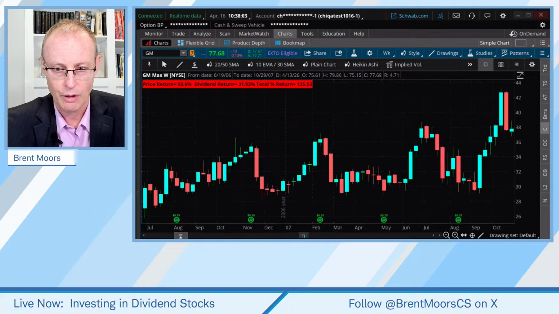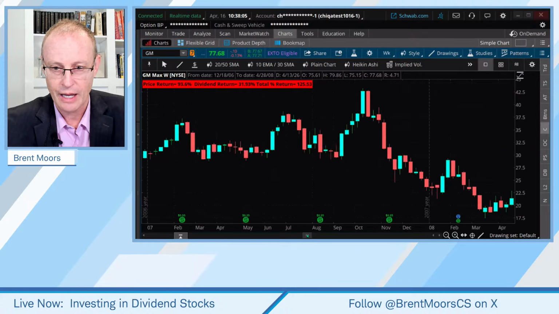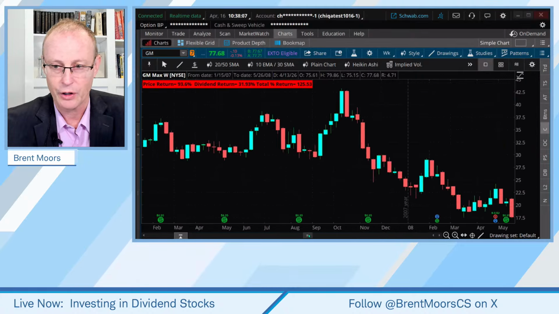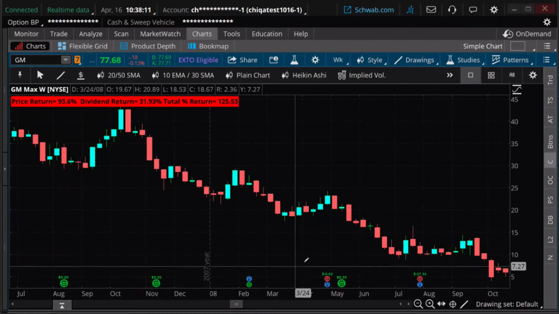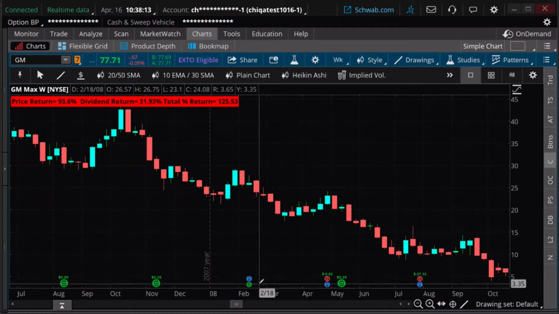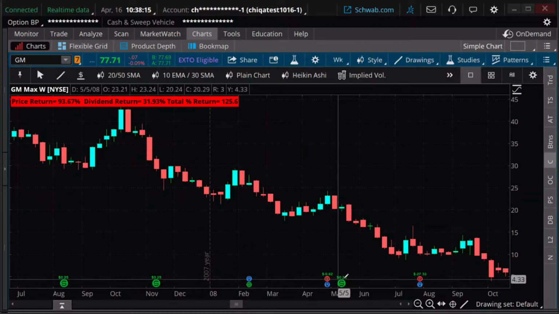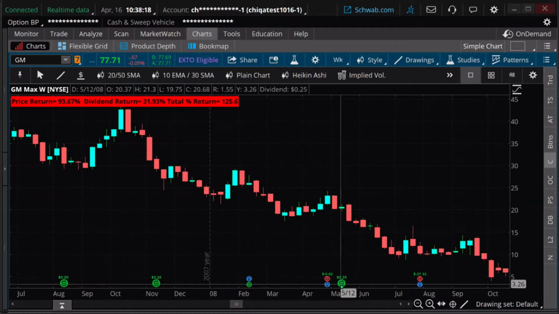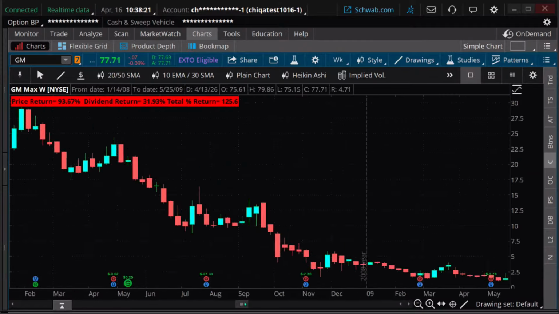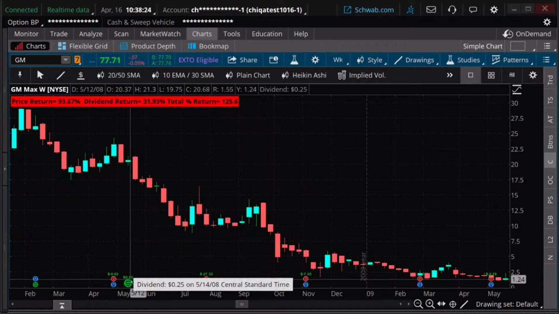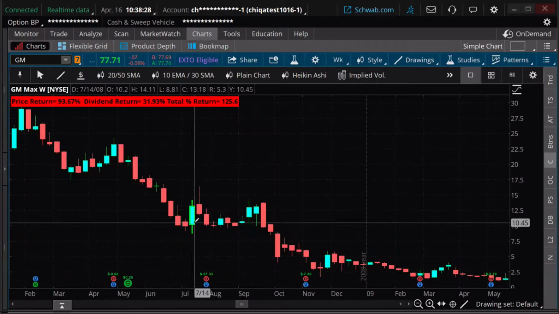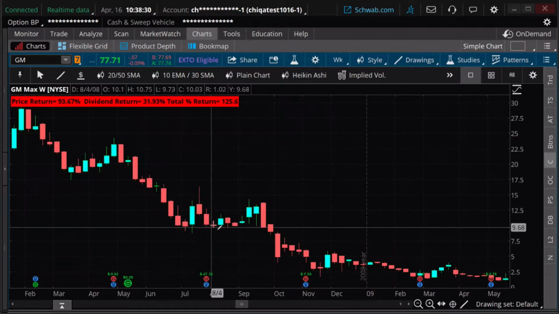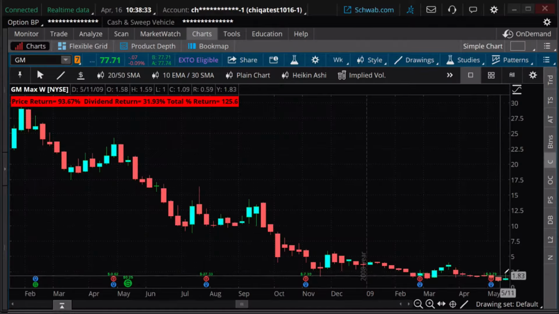Let me just scroll forward a little bit. 25-cent dividend. The stock was about 30, 35, something like that. Oh, lo and behold, notice what happened, 25-cent dividend. Notice those little green dollar signs on the chart go away. They actually ended up cutting the dividend. There wasn't a dividend anymore on that. Okay? So there you go.